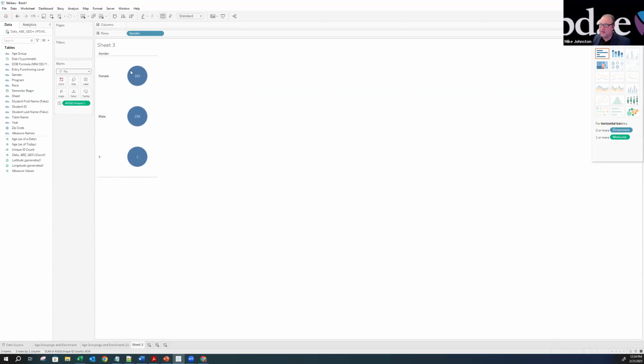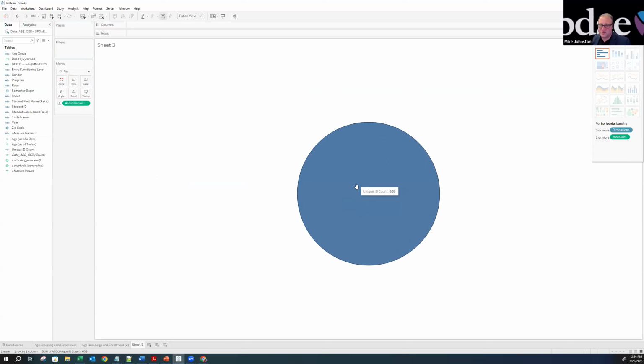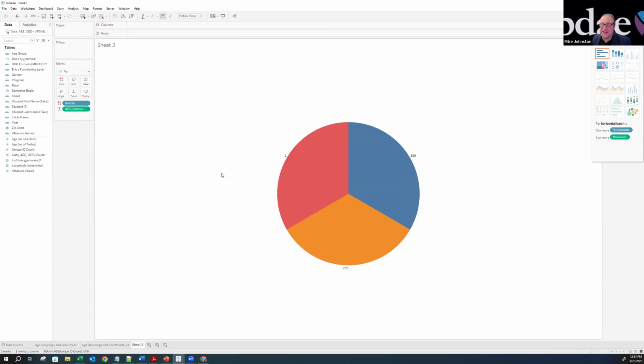So notice it has a pie chart, but it grouped females, it grouped males, and it grouped my non-identified student. The gender that's identified here is the student maybe didn't disclose it, or they didn't get it for some reason. So I'm going to pull my gender outside of my rows, and now it gives me a 609 value. I want to see this a little bit bigger, so I appreciate that it gives me all 609 students, but again, I wanted to look at it by gender. Okay, got it. I'm going to bring gender in as a color, and notice when I did that, I can see that I have three distinct sections for my females, my males, and my gender unknowns.